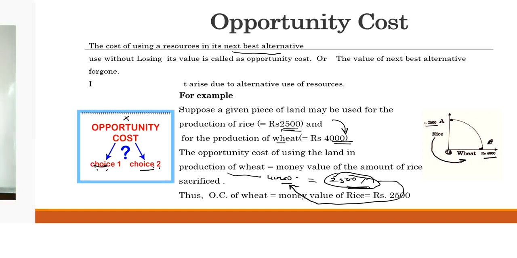Another example: you are working in firm A and you are getting a salary of 40,000 rupees. Firm B offers 60,000 for the same work. So definitely you will shift from firm A to firm B. You want to join firm B, you want to earn more, but it will only be possible when you leave or resign from firm A. So to get 60,000, first you have to forego 40,000.